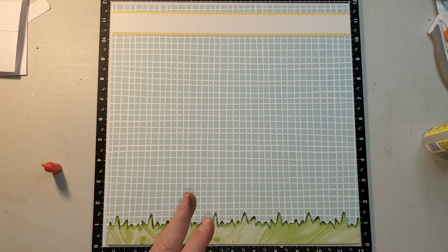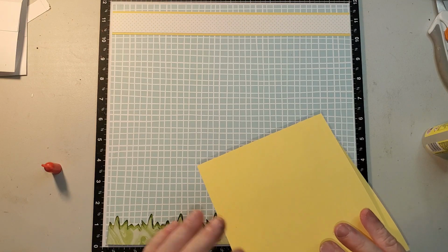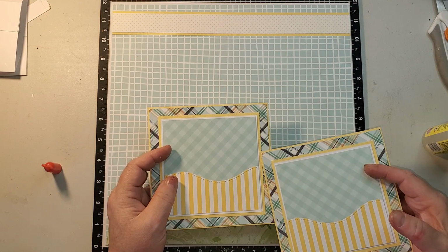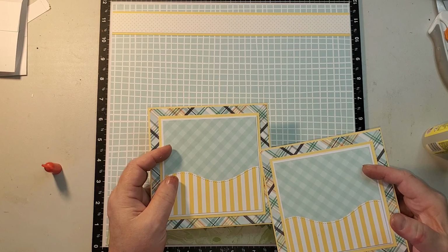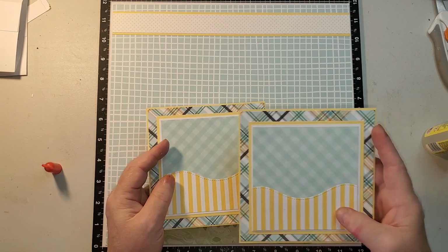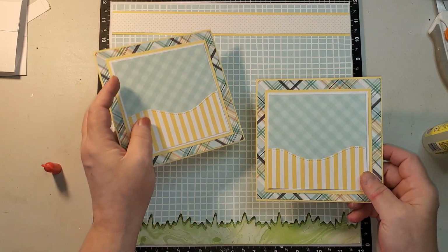Okay, so with this being the left side, get my photo mats here. My photo mats are all the same size. They start at 5.5 inches square. The next layer is 5 3/8 inch square. The next yellow piece will be 4 5/8 inch square. Then there's a white layer of 4 3/8 inch, and the top layer is 4 1/4 square, and then I just cut those with a Lawn Fawn stitched hills die